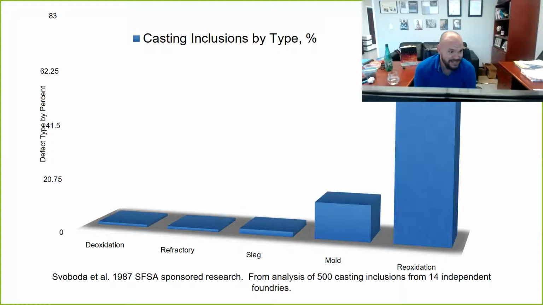The vast majority of the rest of the defects are mold inclusions in your casting. Well, we talked about that already. You can't get mold into your metal if you don't allow it. Slag defects, well, we can prevent that too. Refractory defects, that's the same kind of thing. Deoxidation byproducts, well, that's... So what you end up seeing now is if we take the very seed of bifilm theory, which is a real simple theory, and start applying it to the engineering parameters and design heuristics with which we operate in this industry, we can eliminate all of these casting defects, and guess what? It's true. And it happens every single day. It happens every single day here.